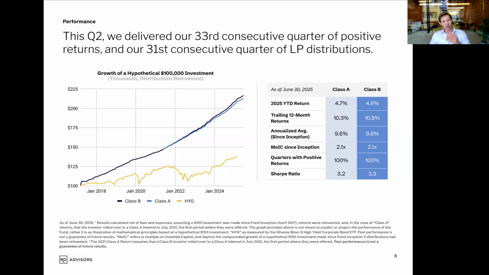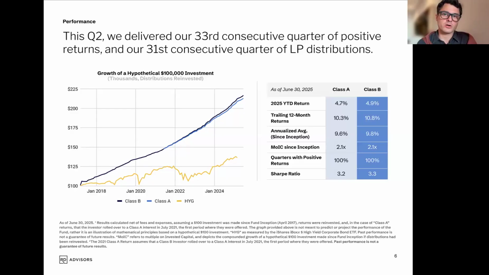So Juan Carlos, you want to go through this slide here? Of course. As I mentioned before, this is a strategy that aims for consistency. That's what we strive to deliver every quarter. This past Q2, we delivered our 33rd consecutive quarter of positive returns. That's every single quarter since the inception of the fund in 2017, and our 31st consecutive quarter of LP